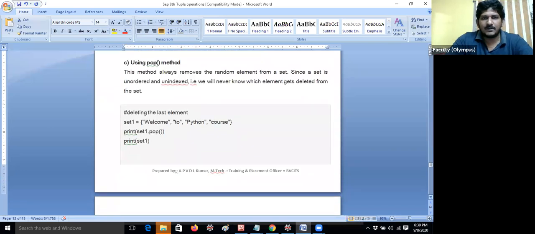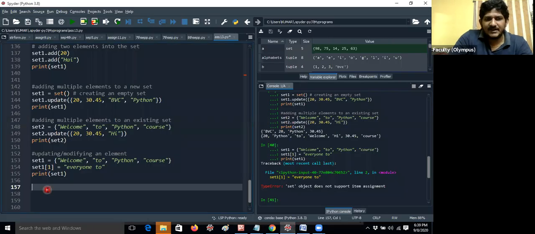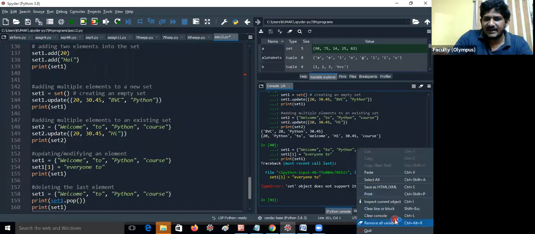Next, using pop. We have the same method in tuple also, but we did not cover the pop method in tuple. We will discuss it in unit 3. The pop method basically deletes a random element from the set. For example, if I give set one dot pop, which element will be deleted, we cannot predict. Some element will be deleted. Random means random.